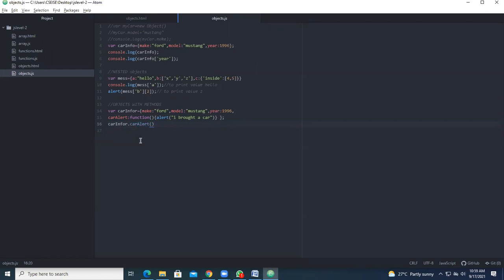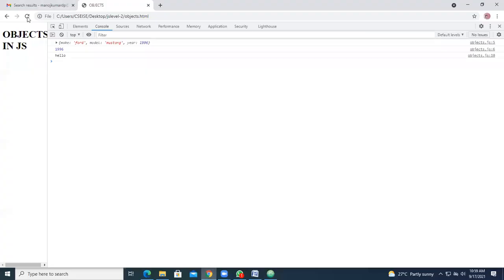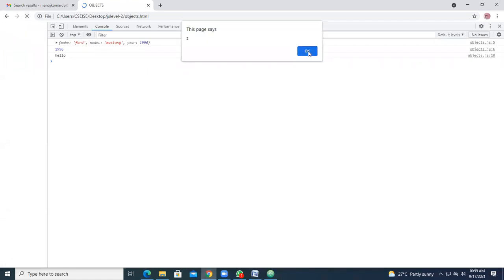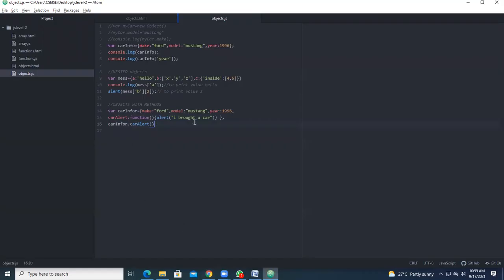Okay, now I'm going to save this. I'm going to see the contents here. So it is showing me the alert, I brought a car. Okay, so this is only printing the statement that I have given. Okay, so similarly, if you want the entire car contents to be printed rather than going for alert, you can give the car contents. So what can be the car contents? I want all the car contents.